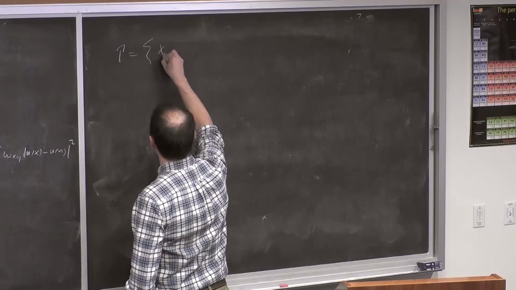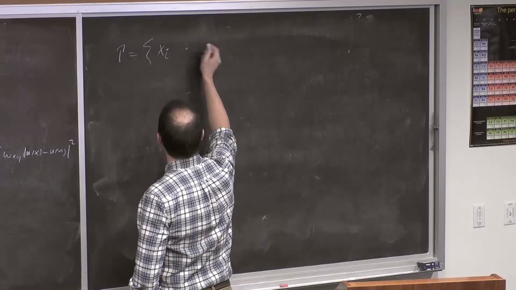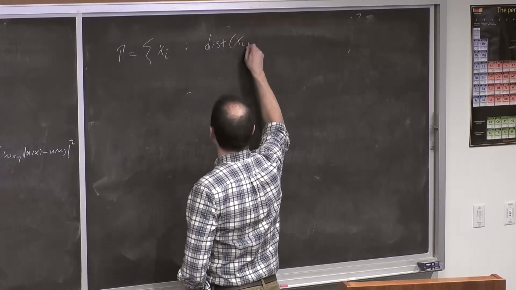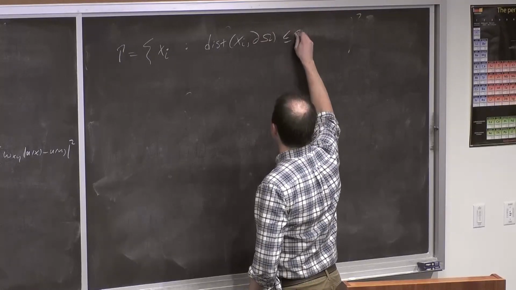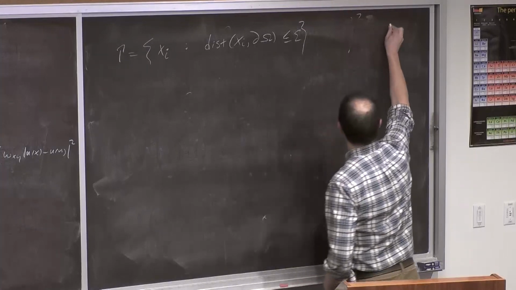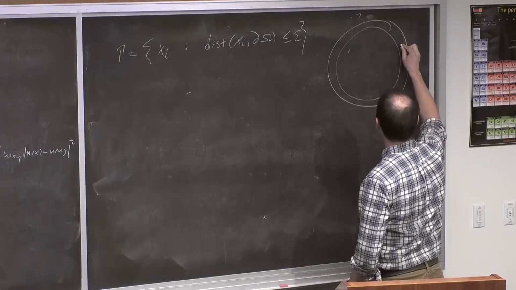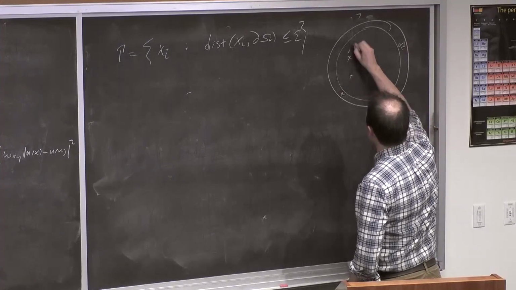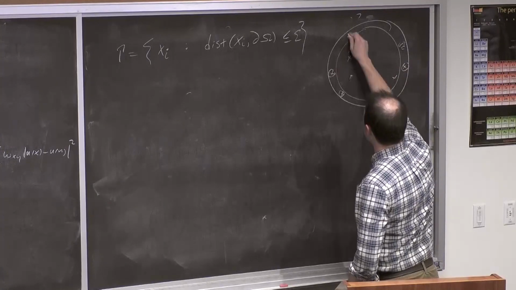So it's all the xi's such that distance of xi to the boundary of my domain is less than epsilon. So I have a domain where I'm sampling the points. I take a tube around the boundary, order epsilon. Okay? And any points that happen to fall inside that tube, I assign the labels given by a smooth function